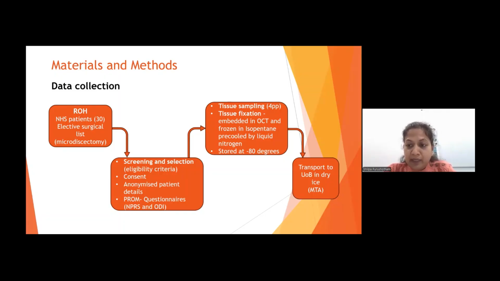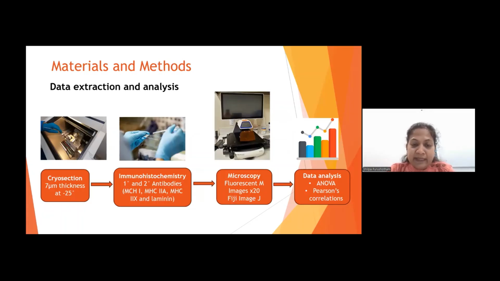For tissue sampling, 4 muscle biopsy samples were taken from each participant. The tissue was fixed. It was embedded in OCT, which was frozen in isopentane, pre-cooled by liquid nitrogen, and these samples were stored at -80 degrees centigrade. Once a number of samples were collected, they were all transported to the university lab in dry ice under the material transfer agreement. For data extraction, each of these samples were sectioned to thin sections of 7 micrometer thickness using